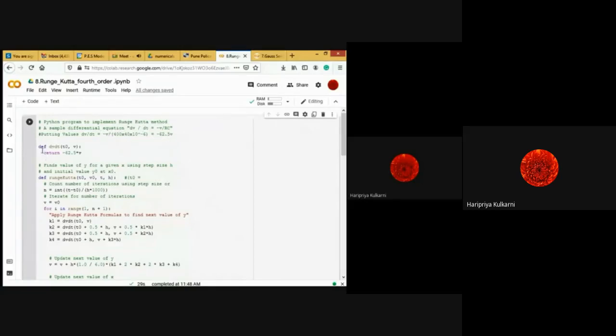Now we have defined a function. The function name we have given is dvdt, which is dv upon dt, for our understanding. You can give any name. The passing variables are t0 and v, so we have to pass the corresponding value of voltage and time to calculate the function. Now what is our function here? By putting the values of R and C, it becomes minus 62.5 V. So I am returning minus 62.5 into V. This is the main function which we are calculating every time.